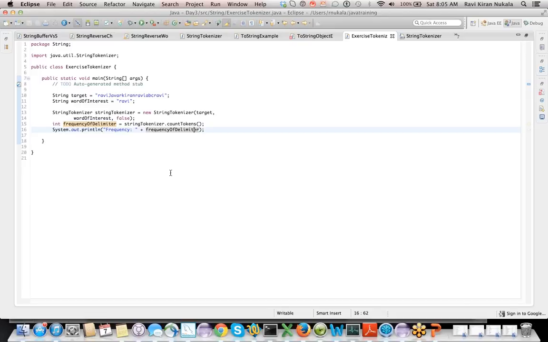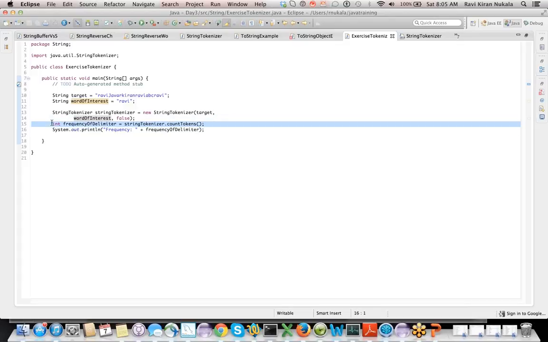Actually, I was thinking in a different manner. You have taken the help of the tokenizer. I was thinking of the word of interest being Ravi. We have to match Ravi as numbers 1, 2, 3, 4, and then again, No, no, that's not the question I had. This is the word of interest. You're searching for this word. Think of this target string as a newspaper entirely. Okay. So I think count of tokens we cannot use. I'm just thinking about doing this,